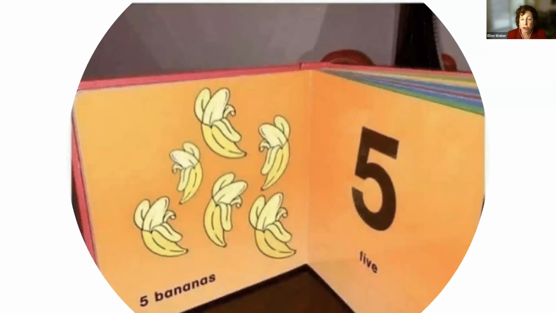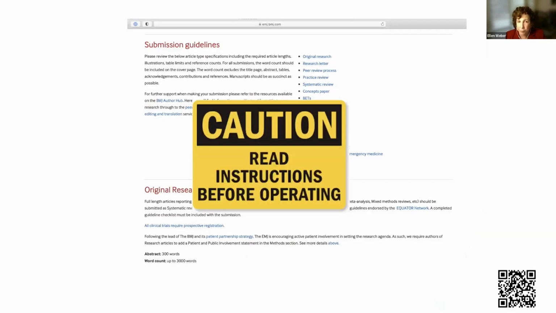And then make sure that you follow the submission guidelines. Very important that you choose the right journal and the right format for your paper, and that you follow the instructions with regard to word count and the design of the format of the abstract, and whether they want subheads or not, and how you do the references. Journals are a little bit egotistical, and they like to know that you wrote this paper for them. Now, that's unfortunate because we all have different styles.